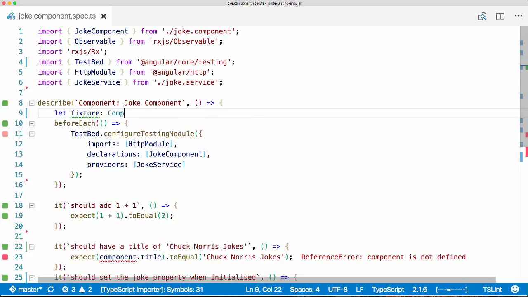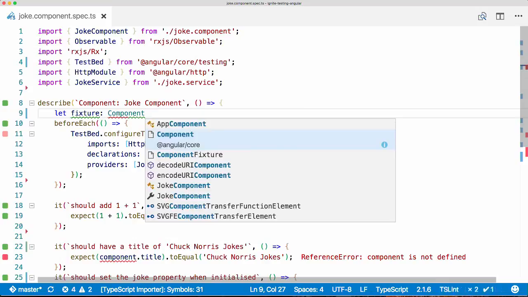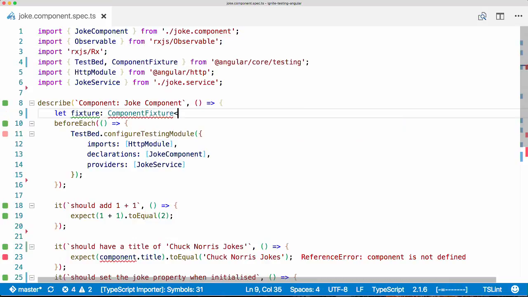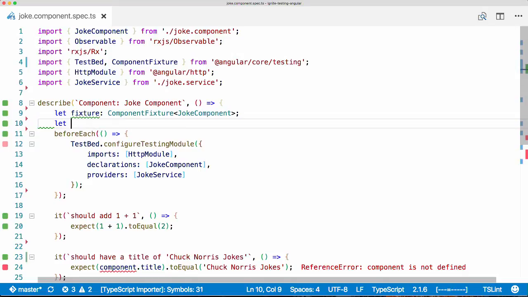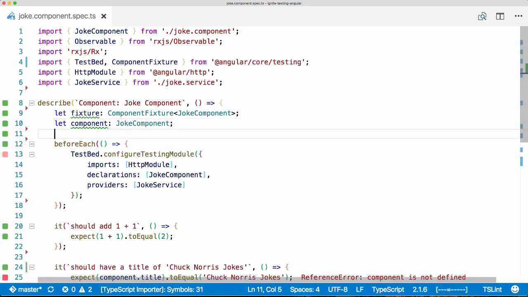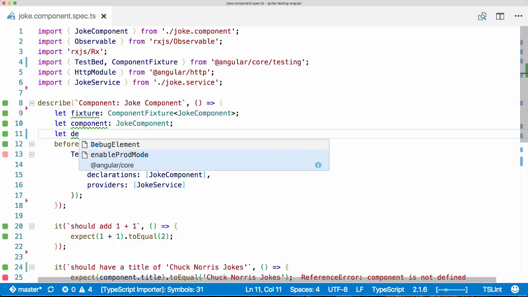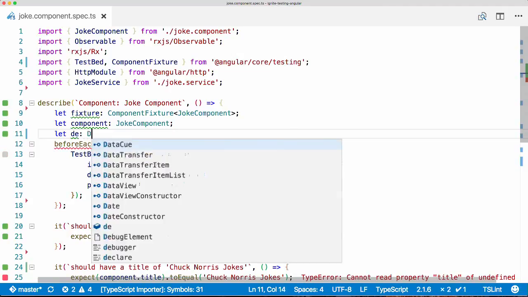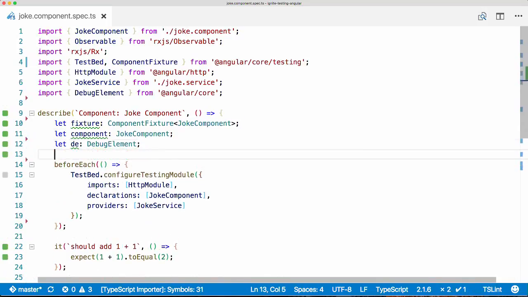So it's going to be of type ComponentFixture, and that will be of type JokeComponent. We also want to have the component we were dealing with before, so that will be of type JokeComponent. And then we want to get this debug element. I'm going to set it to de. You see this quite commonly, people just putting in the initials so that it's easier to type. So de is going to be of type DebugElement,